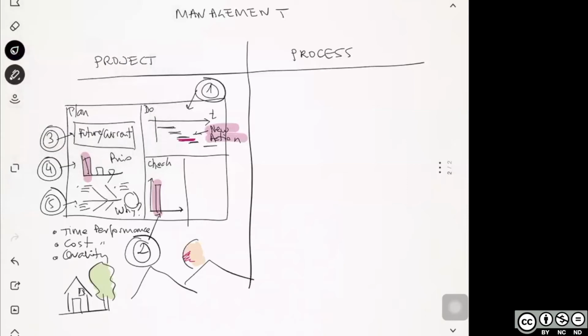Once we have our new action, we measure again, and we have gotten our delay down. And after we have done this several times, first we do our do, then we do our check, and then we do our plan, and we do that n times. And after that, we'll go to the act and describe the best way we know to perform our